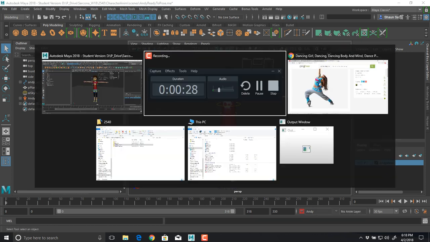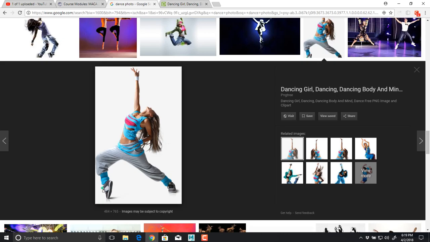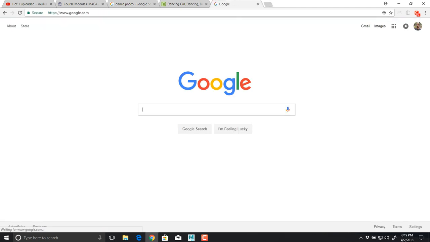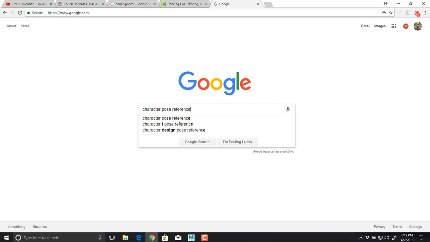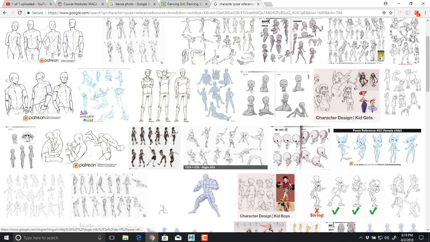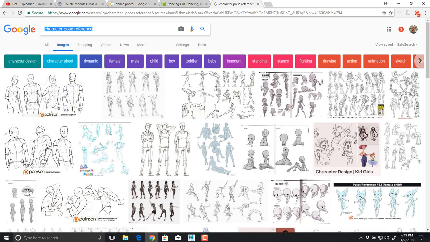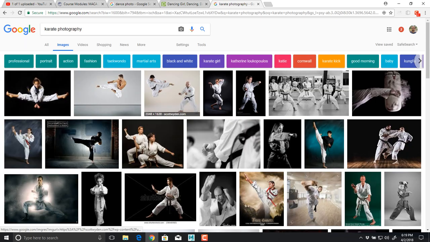So the first thing you need to do for any of these poses is find a good pose. I found that if you type in character pose reference like this, a lot of times you're going to get a drawing. If you instead look for a specific thing like karate photograph, you will actually find photographs of karate or dancing or whatever. Those are typically things you want to look for, something that has action to it,